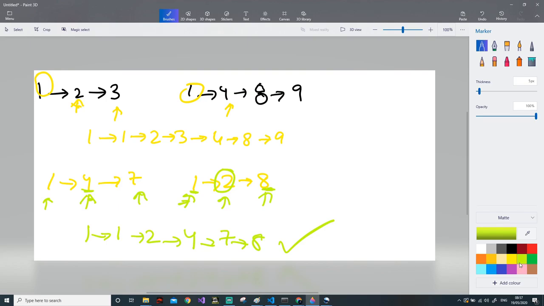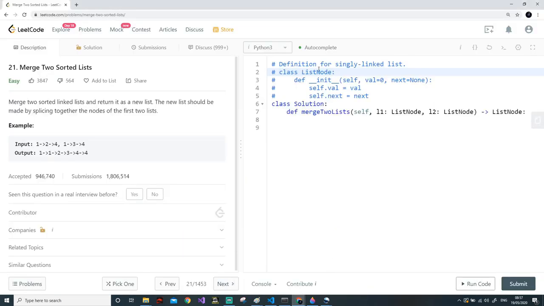Now, to write this program, it is pretty simple. The only thing is that we need to point to our head in the program itself, because there is no head element in the linked list. So first thing we're going to do is take a result equal to list node of 0. This is the first element I am taking, and I will explain it through the paint later on. Then the result tail will currently also point to the same element.